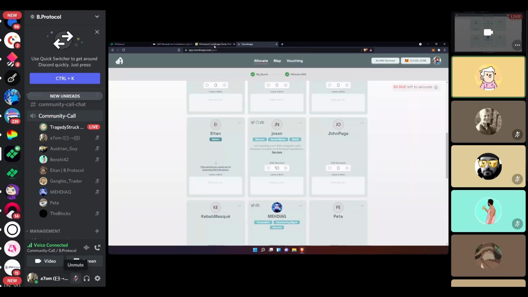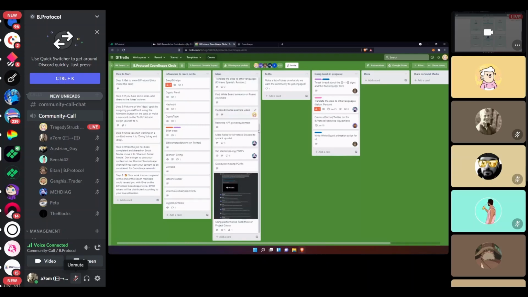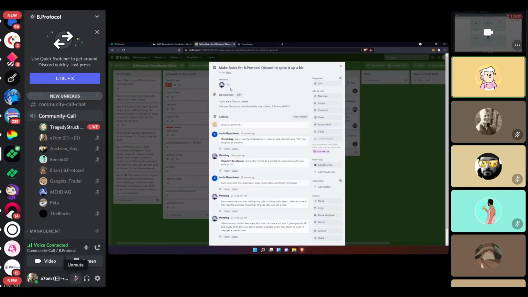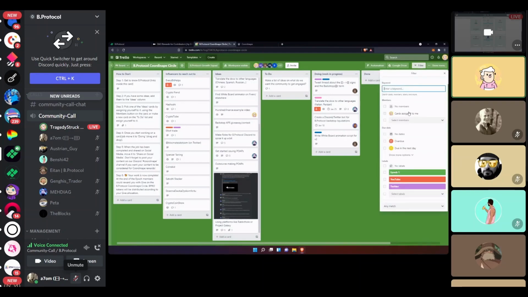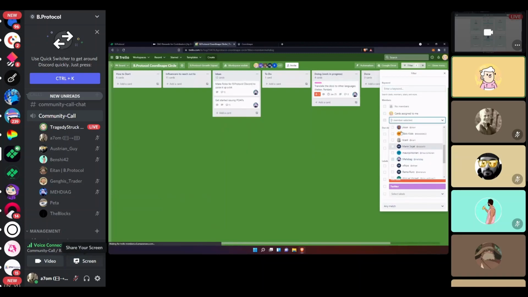And also in the Trello, if you're actively using the Trello, I'll just pick a random one, but as you can see, you put yourself as a member of a specific task. I know CreatorDAO also shared some links, which we might do, I guess. You could select, yeah, Mediag here.